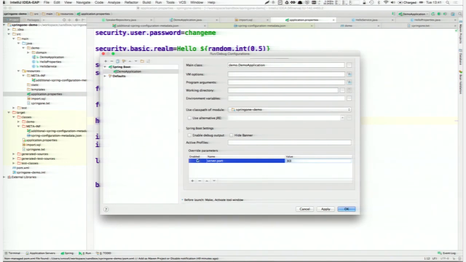Okay, let's change the server port. We want to run it on 8001 maybe. And as you can see in the first column, there's this checkbox enabled. So why is that here? We can quickly enable and disable overriding parameters to just switch between different configurations more or less on the fly, without doing anything else than just unchecking a checkbox. The other thing you can easily do is to create a copy of an existing run configuration and modify it with some parameters, and then you can run whatever version of your app you want to run with different overriding parameters. So when we run this now,